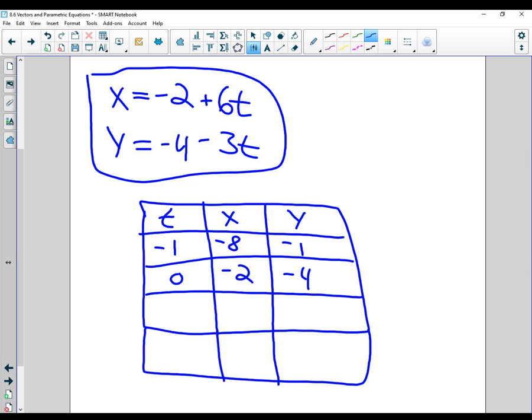It's weird now because we're used to lines being just x and y, but now what they're really dependent on is the time. If t is 1, then x is 4. And if t is 2,